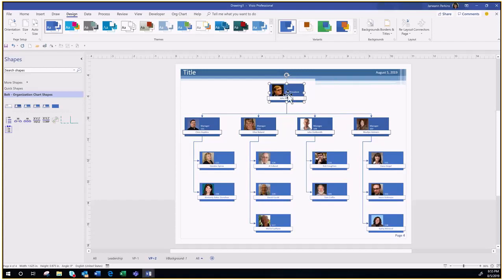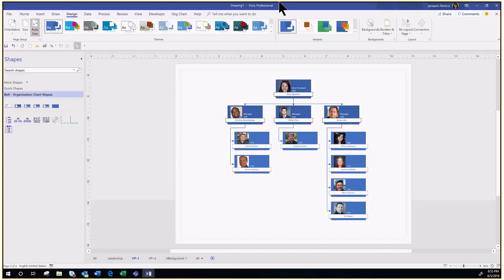And you just have to select the topmost leader of the org chart that you want to move, and then you don't have to select the entire org chart. So that looks lovely. We're going to go back to VP1 and do the same thing on the design ribbon. We'll add a border,